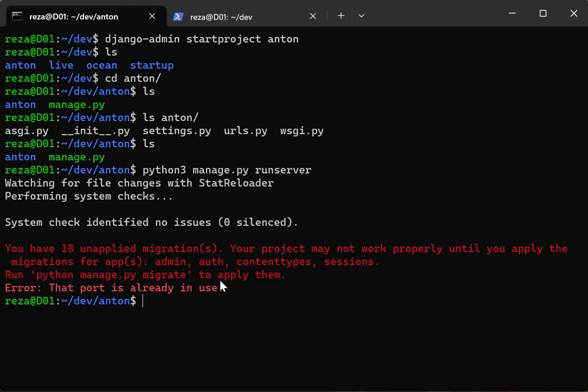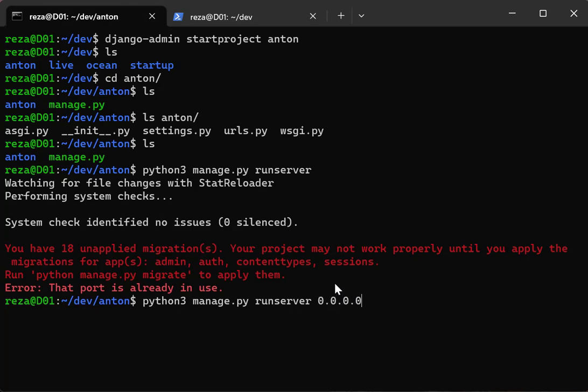So, since we know that the port 8000 is already in use, even though we didn't specify a port, it's trying to use 8,000. So let's think of another port. Let's say 7,000, okay? But to specify a port, we need to specify our IP address, okay? And this is the cool thing. If you don't know the IP address of this server, and you want to actually run Django on this server without specifying the IP address, we have loopback addresses, and this is the difference, okay? So we have a base address that is